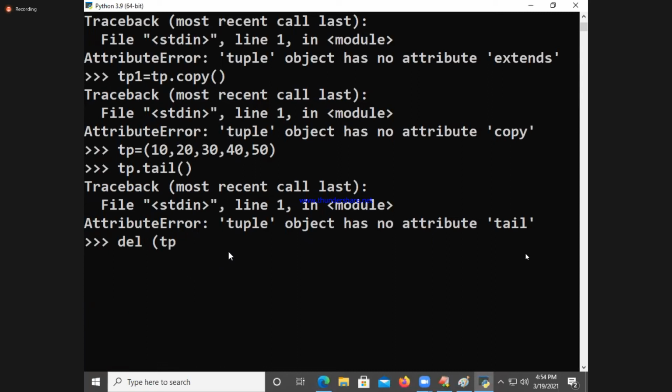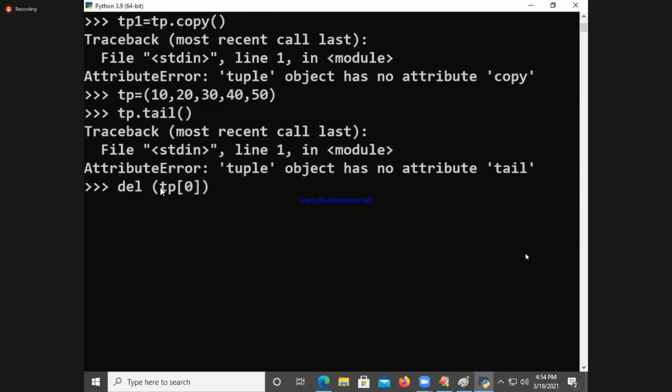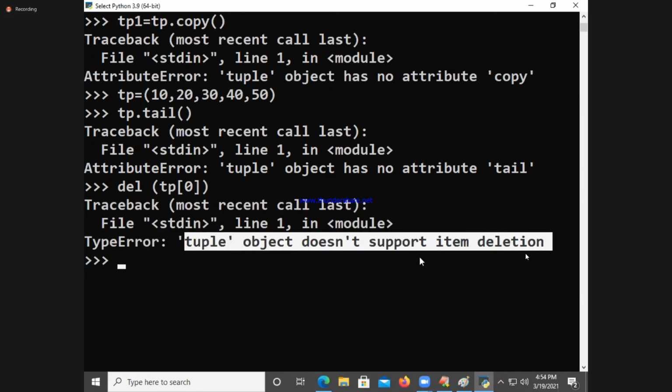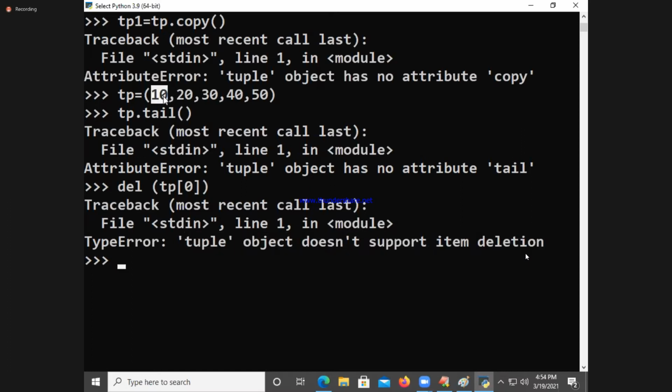See, del of TP of 0, allowed or not allowed? Not allowed. Why? Immutable. Tuple object does not support item deletion. Why? TP is immutable. Del of TP is okay, no problem.